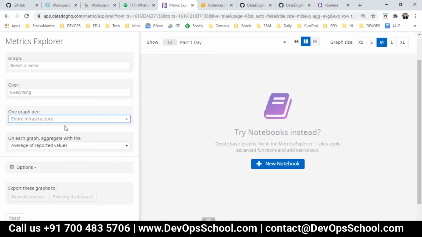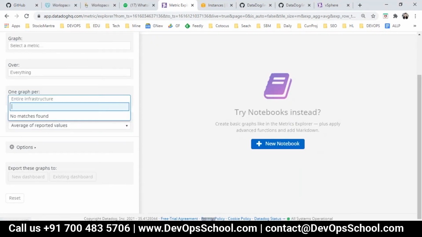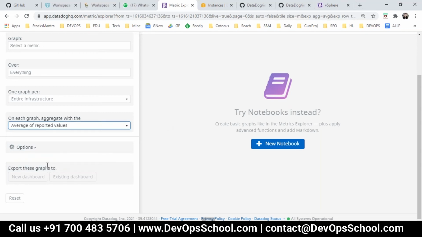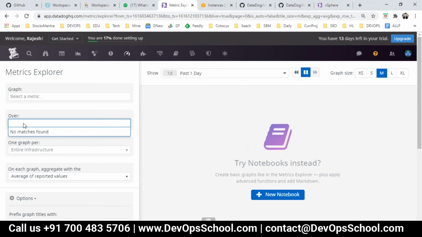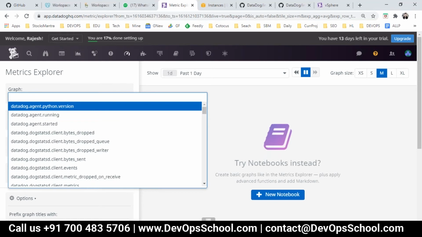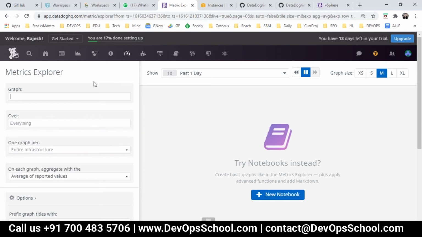What is the name of my node? Just a second.